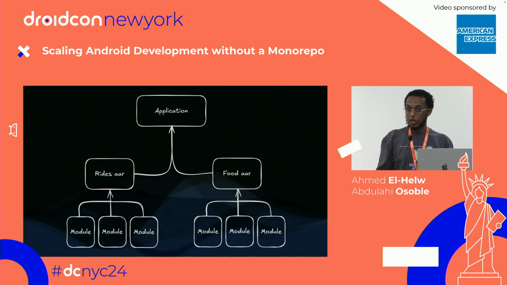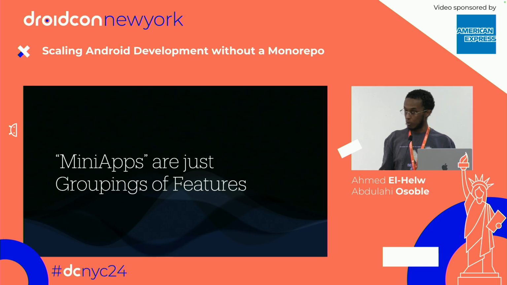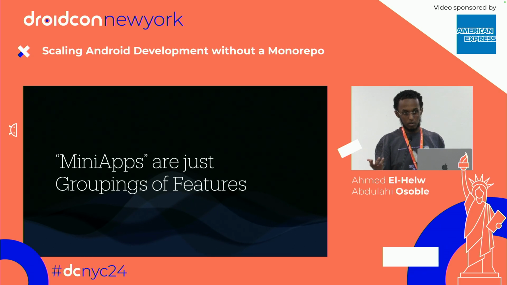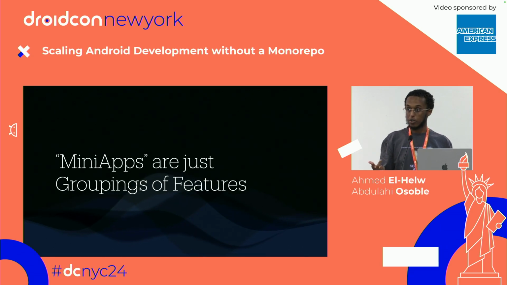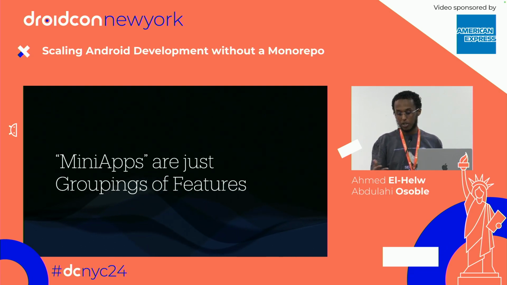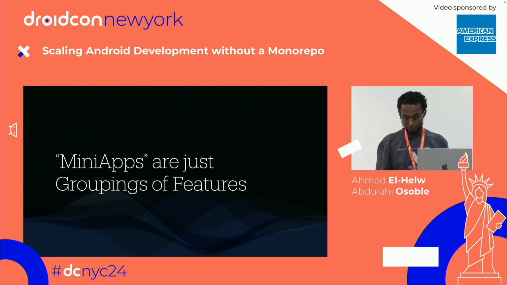To be clear though, mini apps are really just groupings of features, right? If you think about food, for example, what does food entail? You can look for a restaurant, you can browse a restaurant, you can check out, and then you could probably track your order, right? And every single one of these is a feature. So a mini app really is just a grouping of features.